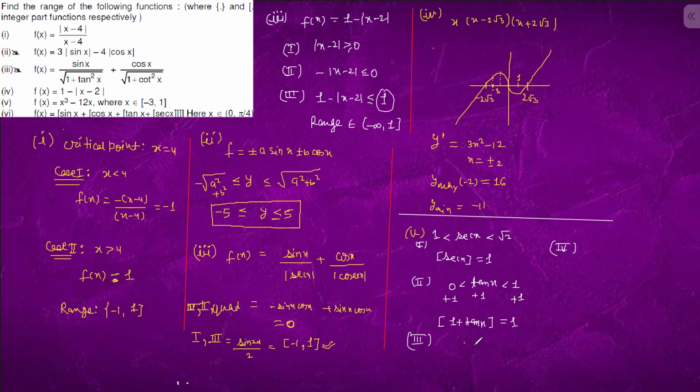Cos x is between minus 1 to 1, and in 0 to pi by 4, cos x was in this range. So we are not going to take the negative part of cos x, just the positive part. So sin x will also be a positive part from 0 to 1 by root 2. So if we add so sin x